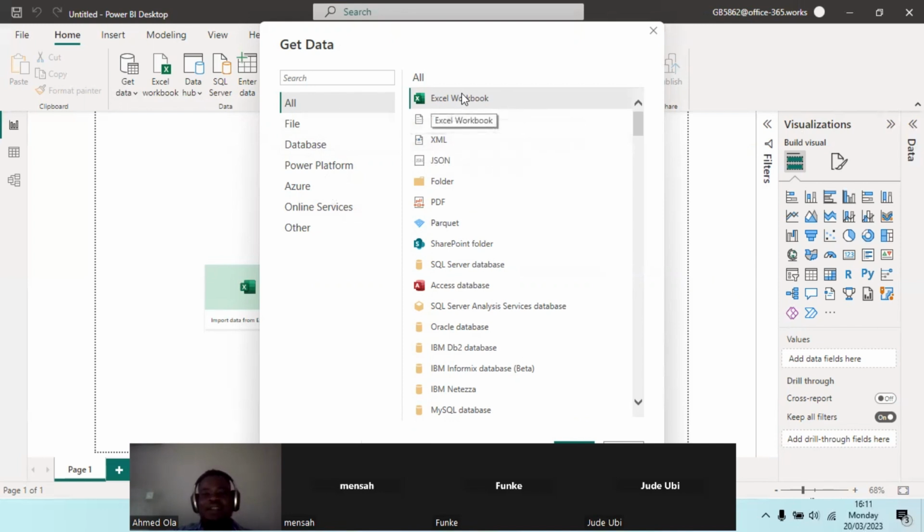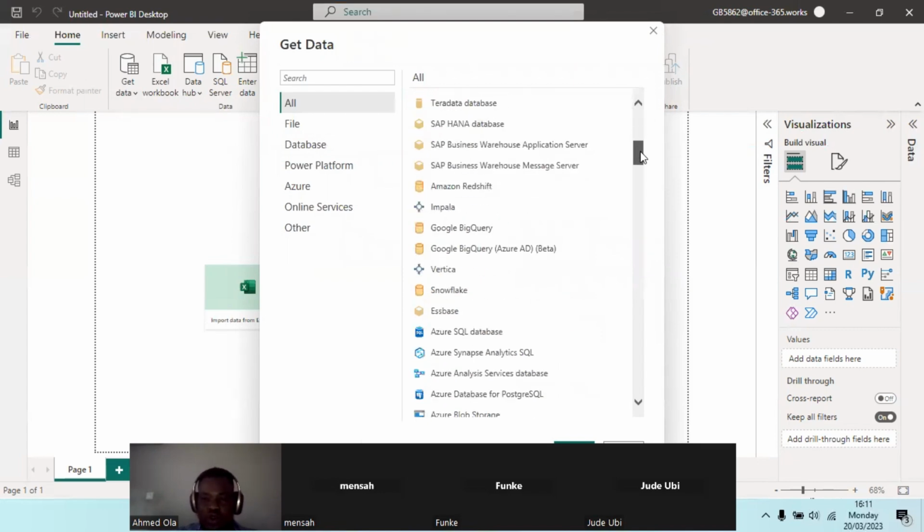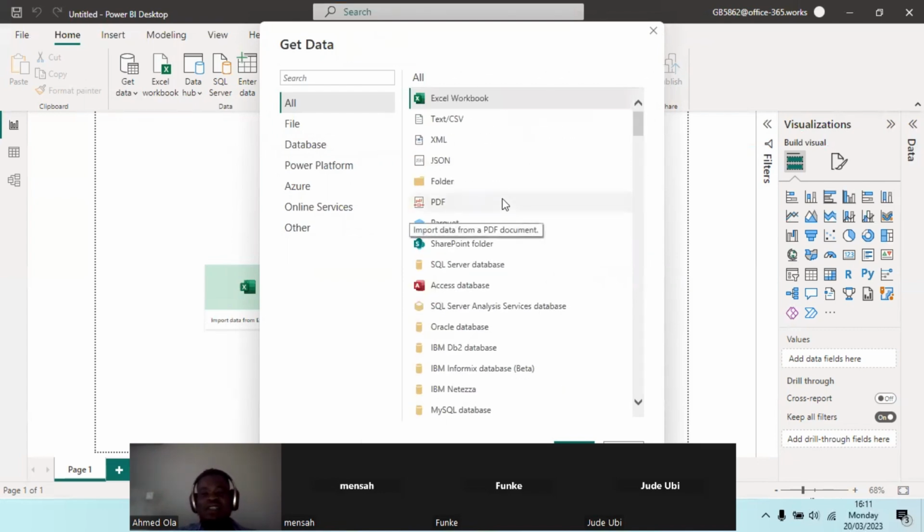So there's a high chance that your data sets, your data source, will be in an Excel workbook, or maybe text or CSV, or even PDF. What we'll be using mostly is an Excel workbook, but it's still the same thing irrespective of whichever you choose, insofar as the data is in a table, and you can always go and clean it in the Power BI query